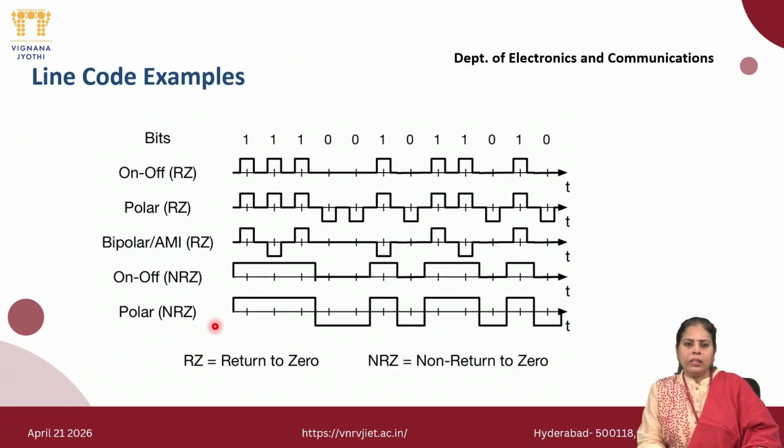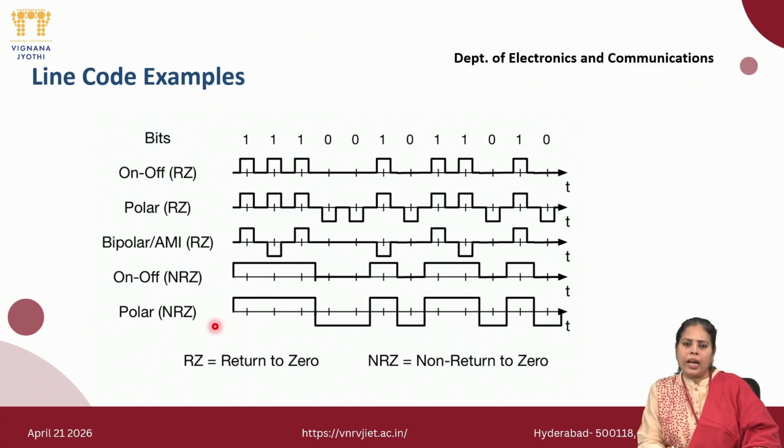Coming to the different line code schemes which are used to transmit the digital bits ones and zeros in the same form as we have generated from analog to digital conversion, without any modulation, this is called baseband transmission. There are different ways in which the bits ones and zeros can be transmitted on the channel, and the channel we are assuming to be a wired channel.